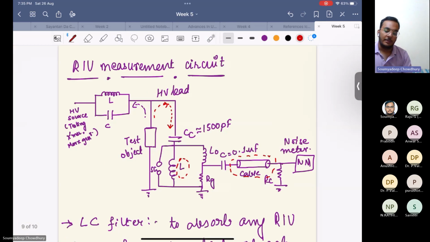And this cable is connected because any high voltage equipment cannot be directly connected across the meter. Hence,